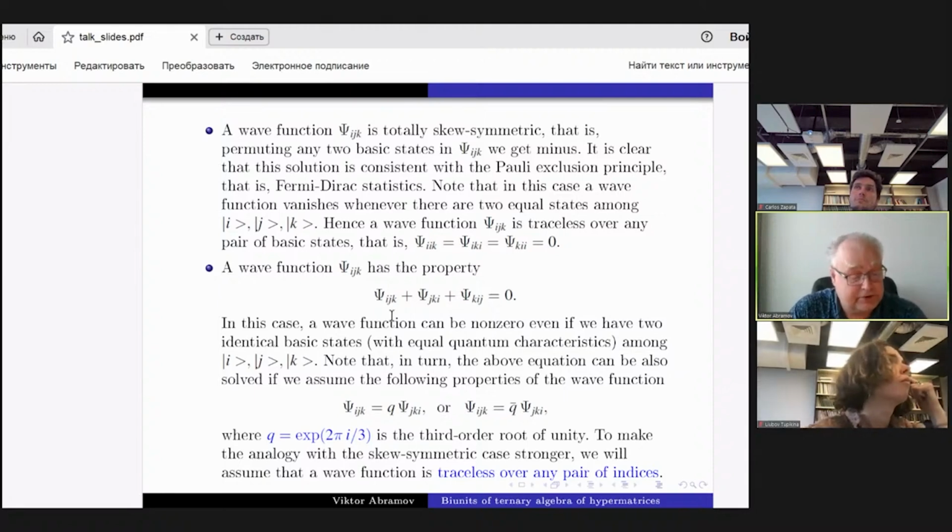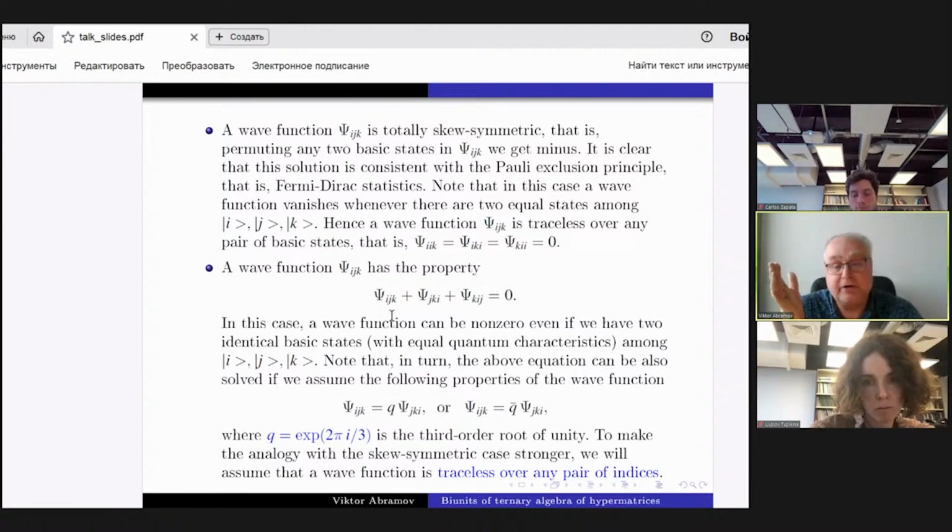At first glance, it seems technical. Of course, the first reason why I require that the trace is 0 over any pair of indices is representation theory, because in this case I can put it into the frame of representation theory and get an irreducible representation of SO3. But when I think about this, it seems to me more and more natural,